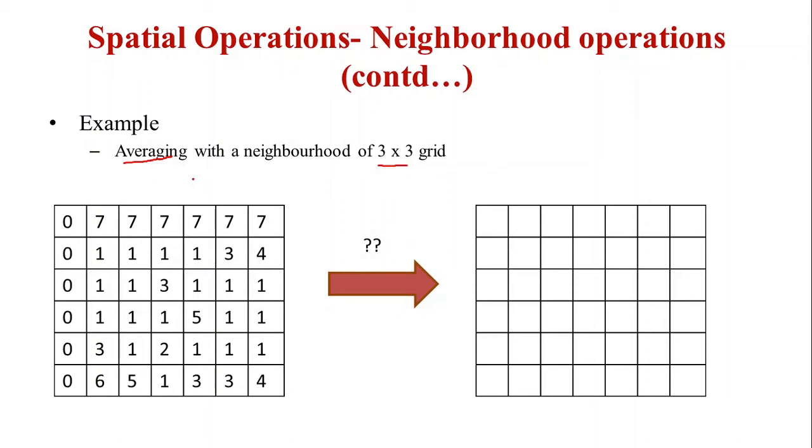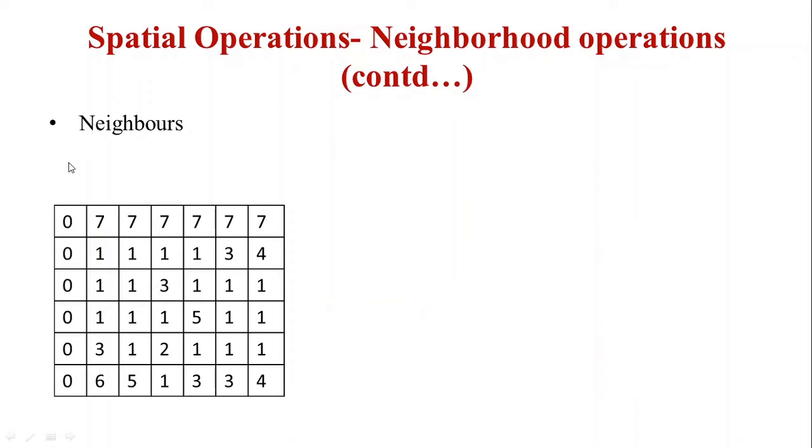Now before doing this operation directly, let's have a basic understanding. If we are saying we have 3 cross 3 neighbors, how do we define this neighborhood? Let's say I am taking one pixel, and I have to mention the neighbors of this pixel in a 3 cross 3 grid. If you design a 3 cross 3 grid and assume this is the center of my grid, you have to match the center of the grid with the pixel x y for which you are computing its value in the G image, right?